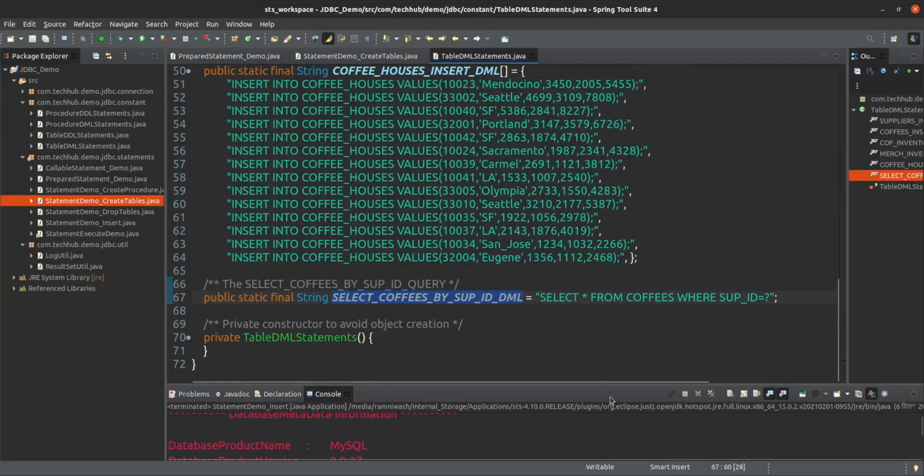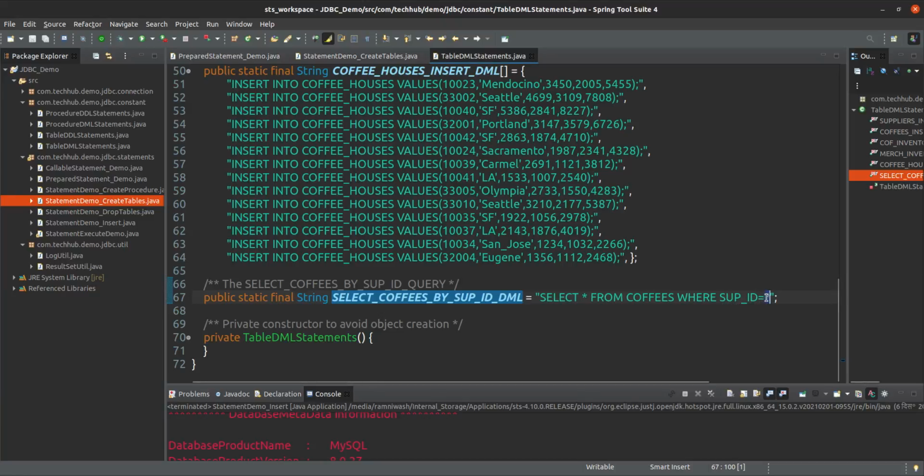If you see our SQL query, it is saying select star from coffee where soup ID is this one. After the soup ID, you are seeing one question mark symbol, that is denoting your input parameter.